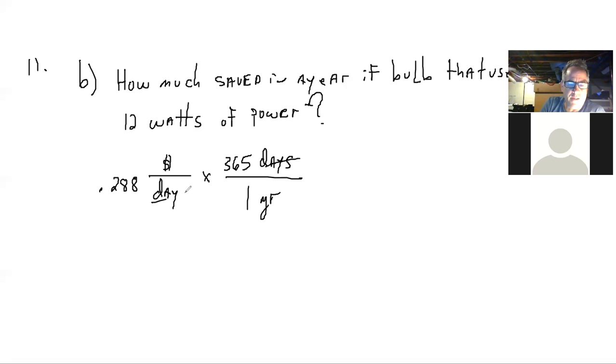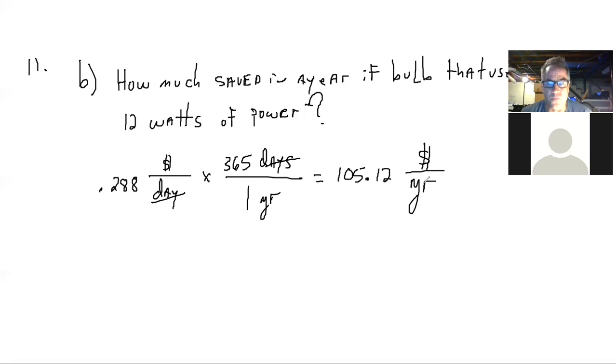So my days will cancel. Now I'm at dollars per year, and I would have to go 0.288 times the 365. So when I make that calculation, that comes out to $105.12 per year. So if I leave that bulb on every single day for 15 hours a day, I'm going to spend